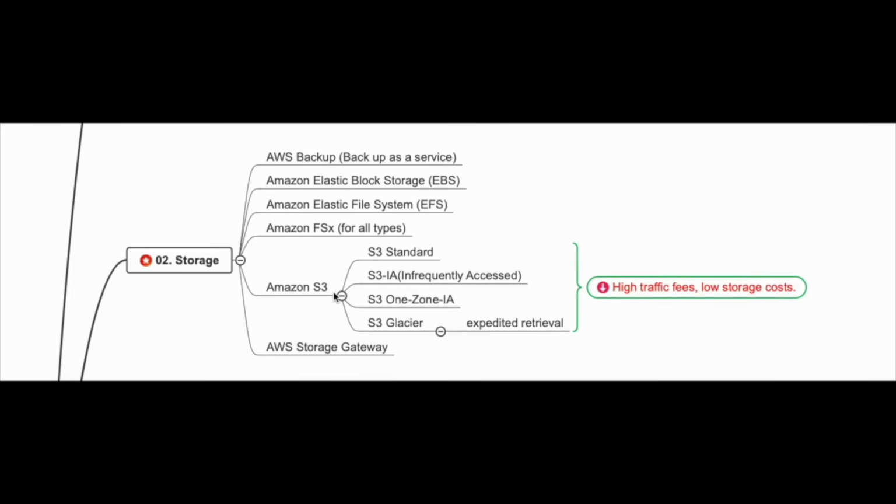S3 can be used cost-effectively by dividing and managing storage according to the usage cycle. Charging is different for each storage type. The lower the storage fee, the higher the traffic cost. Data with a long usage cycle is infrequently used, so it would be cost effective to store it in something